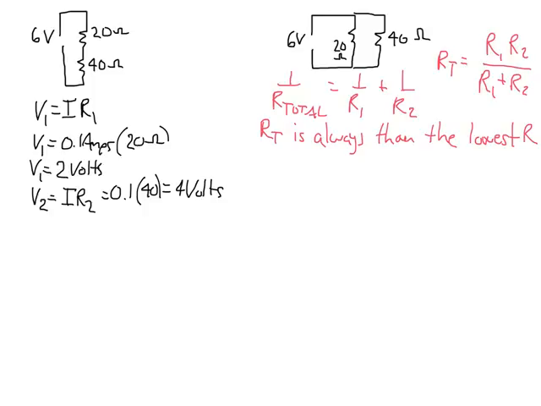So power in the first one is equal to V1 I1. Well, power in the first resistor then is 2 volts times my current of 0.1. It's 0.2 watts, right? 0.2 watts. I'm sorry, my handwriting is not great in this medium. 0.2 watts. And if I looked at the second one,